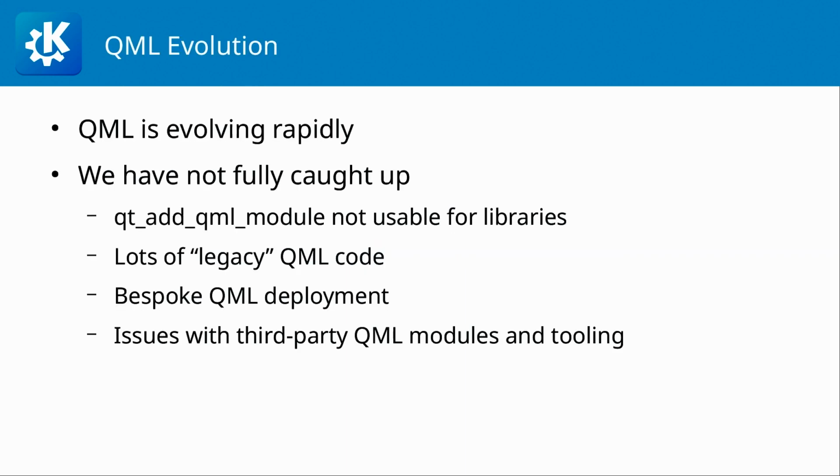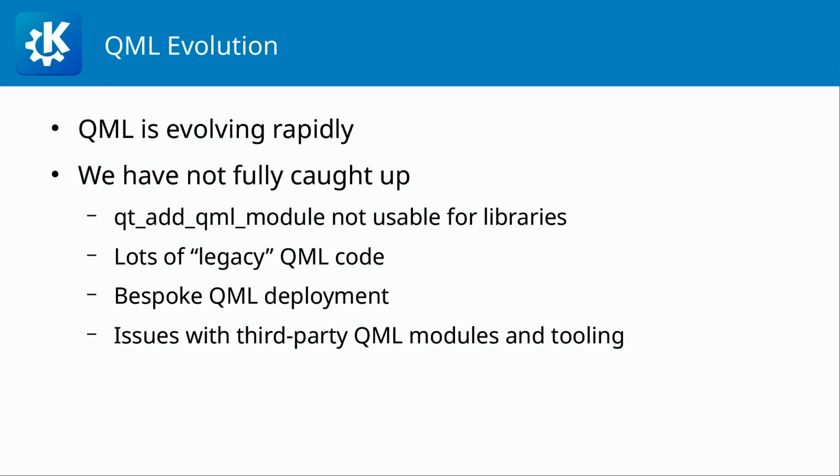Besides these goals, we also have some, I would say, strategic challenges ahead. I've said that porting towards Qt6 QML was both very easy, because very little changed, and then everything changed. What I mean with everything changed is that what we consider ideal, good, idiomatic QML code changed rapidly over the last few years. And we as KDE have not fully caught up with that transition.